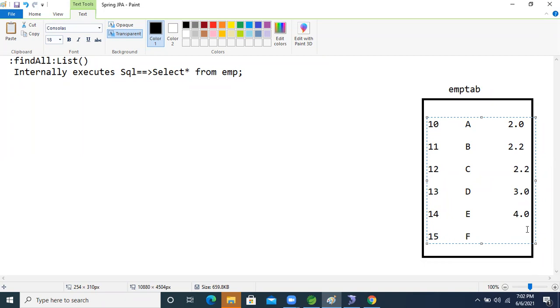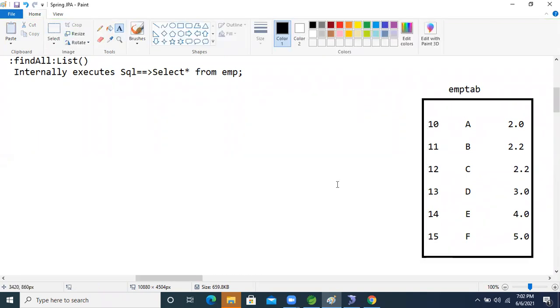This is the data. These are the data in the database, right?